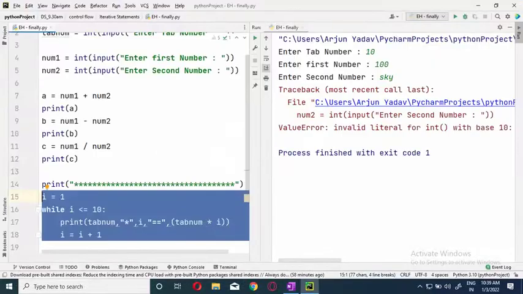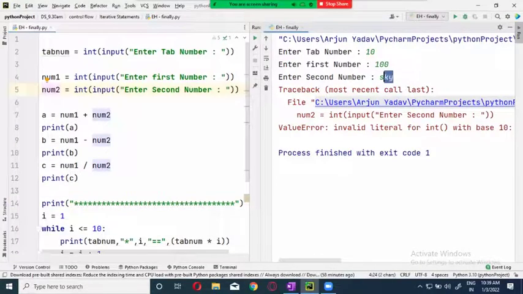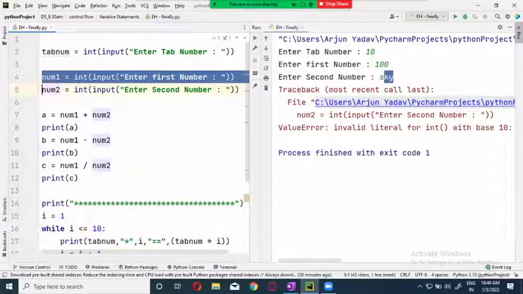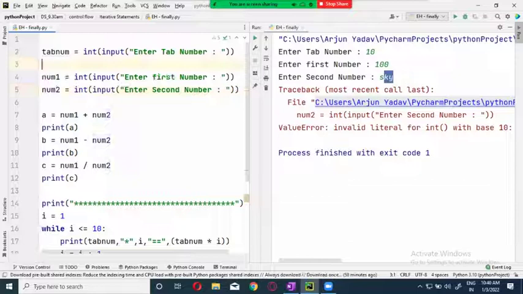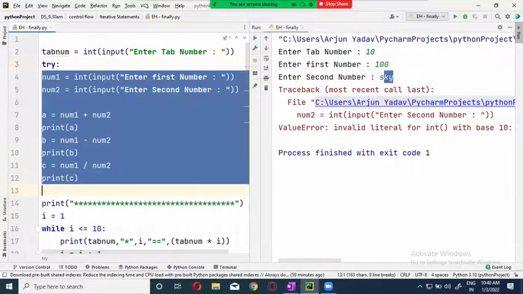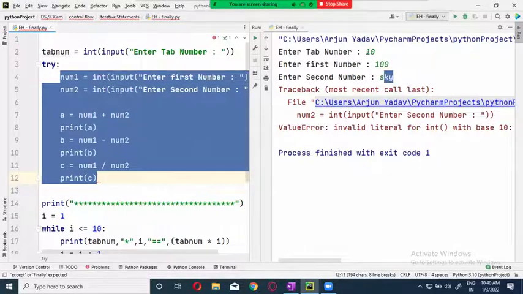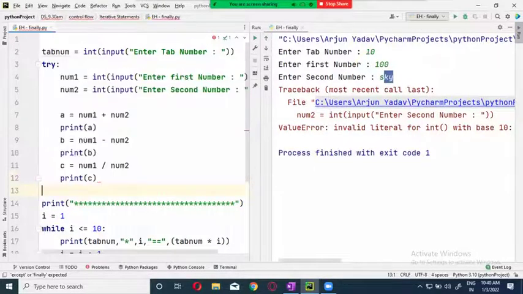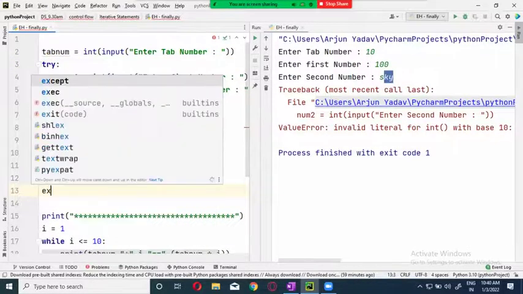Now you see this here, what is happening? Because of this, my other task is not executing, right? Where am I getting the error? Here. This one I will put in a try block. Simply I will put it in the try block. And whatever remaining is there over here, I will put inside this indentation. Okay, I put it inside this because there is a try block, means under this there is. Now there is an except I will create. Except